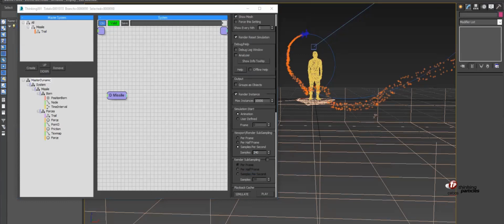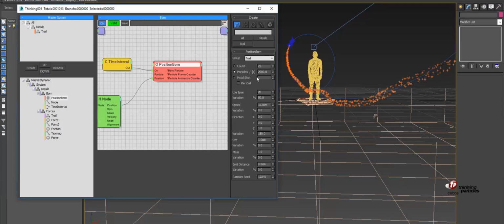So this is exactly what I was talking about. It's very easy to go with a high number of substeps. Of course, this will increase the simulation time, but still, right now with this amount of particles, the simulation time is very fast, it's almost real time. So going back to the Born, I'm going to increase it to, let's say, twice the amount. Well, now we'll be able to see the